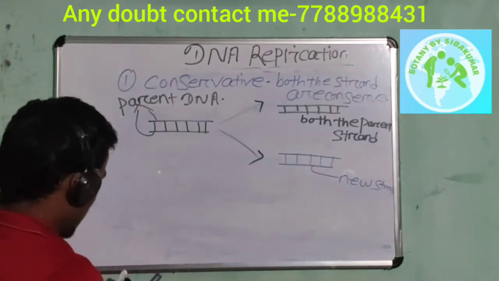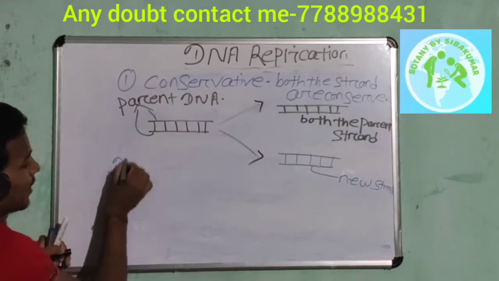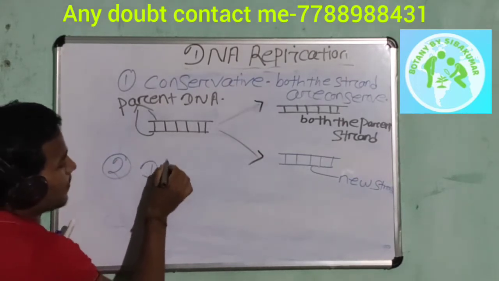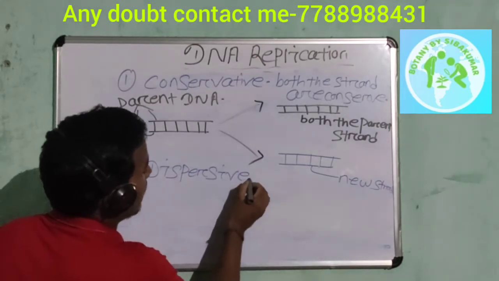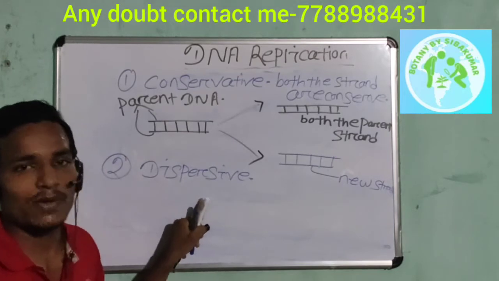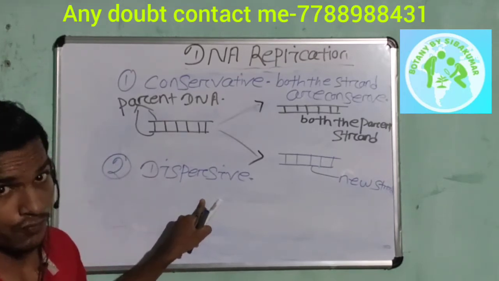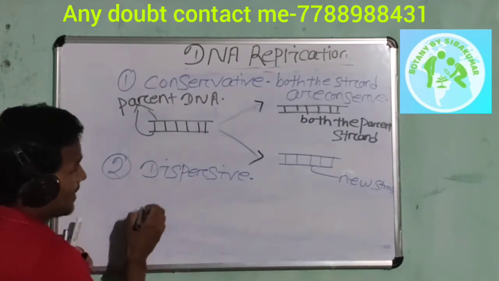Is that clear? Then the second one is the dispersive mode of DNA replication. For this replication process, there was no experimental proof. This replication process tells that if you have parent strands,